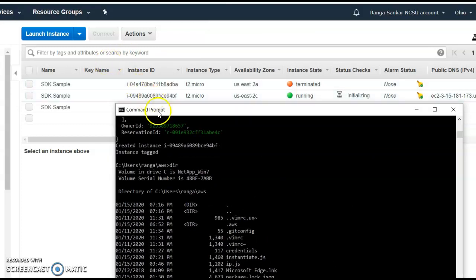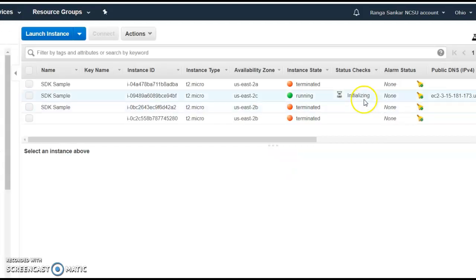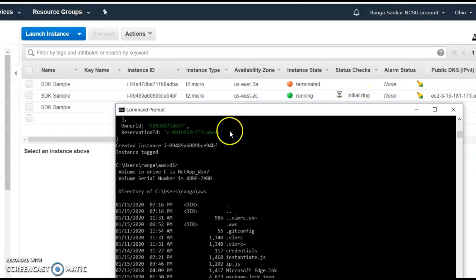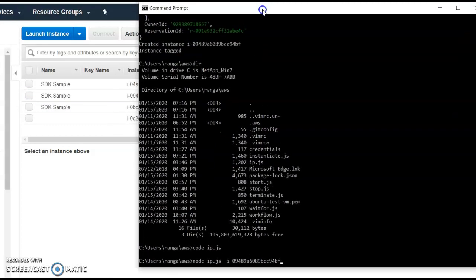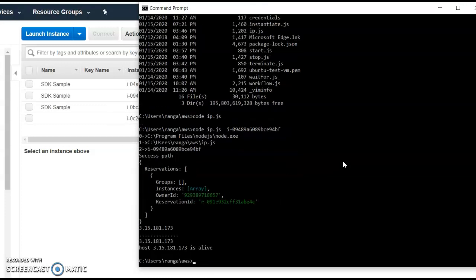Just give me a few more seconds and refresh the screen here. As can be seen here, the IP address it figured out for that instance ID is 315.181.173, and a ping to that is showing that